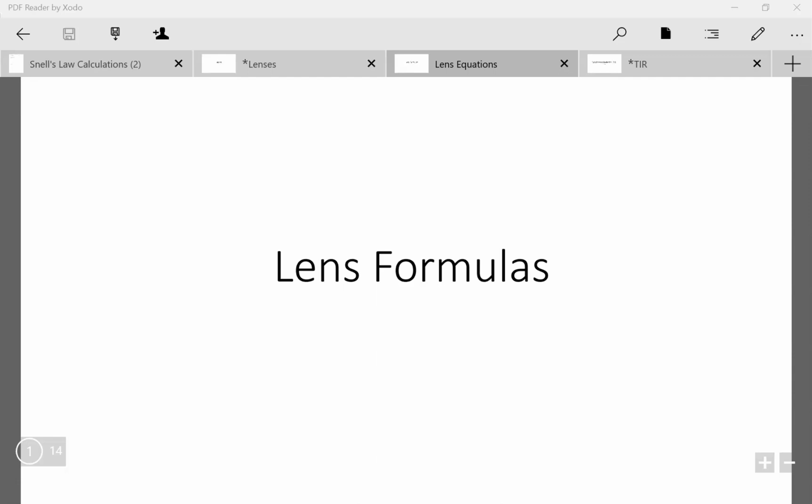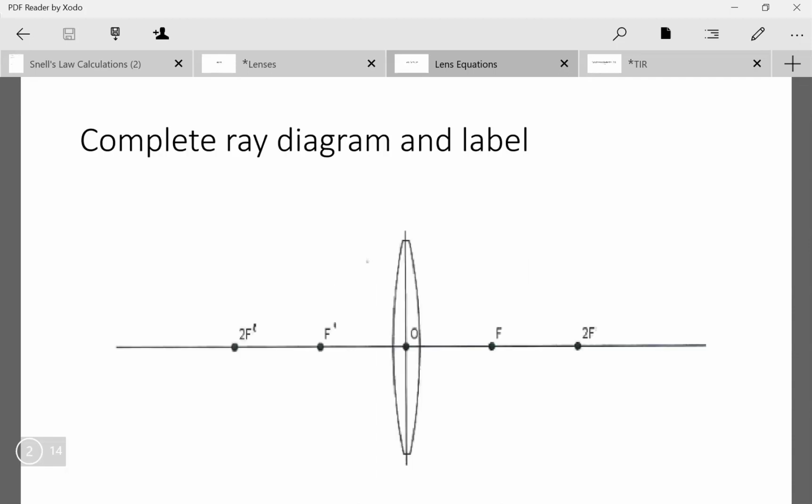So this is a lesson on lens formulas, so how to use basically math to kind of predict where the image from a lens is going to form. So there's a couple of, I'm going to say, idiosyncrasies that exist here, so we're going to have to pay attention to these. So first, let's draw a kind of image from our lens,